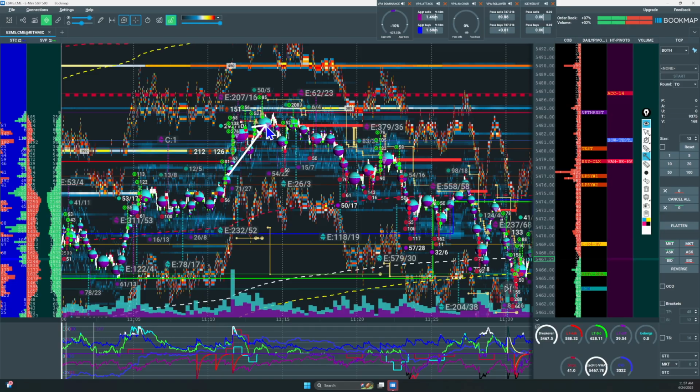So when I get this short here, we pushed down, we came back, retested my entry, and then we start pushing down again, right? So I have to be careful when you're taking a short at the upthrust, you're really looking for a nice move to the downside. Just like the buying climax had that nice big move, we're looking for this nice move to the downside. Now, if it doesn't have volatility in the move to the downside, like heavy selling, we have to be cautious, right? So when it pulls back, I stop out, right? We create a test, right? So I have to look out for that.